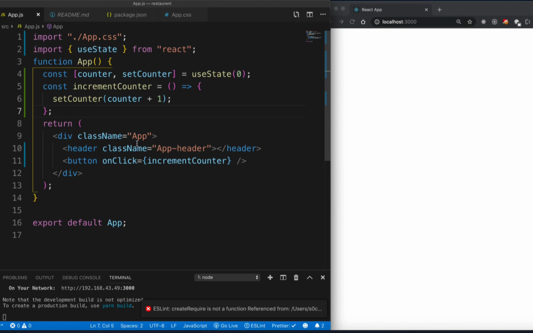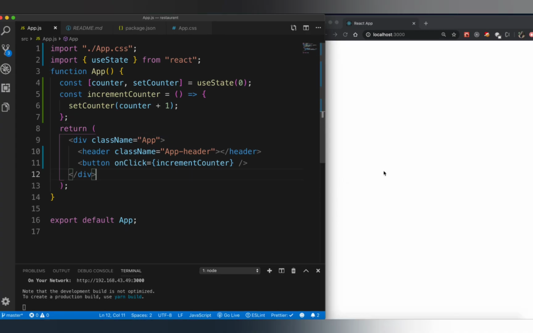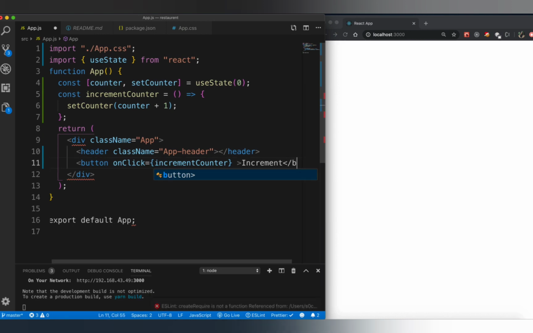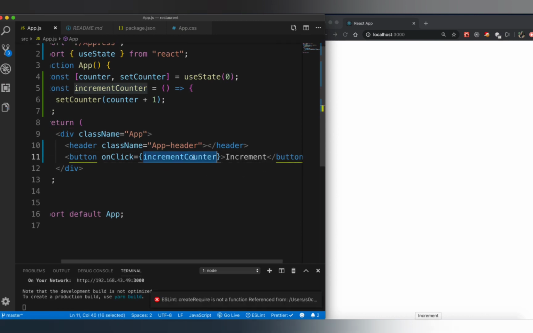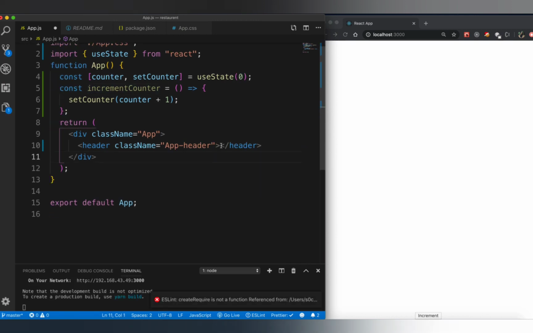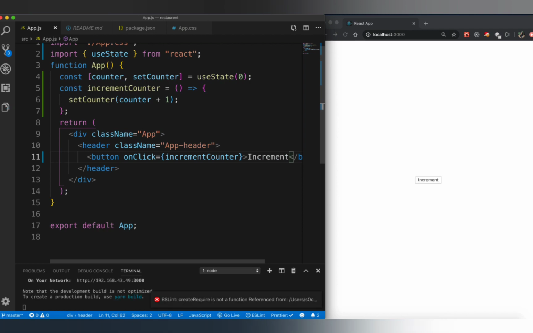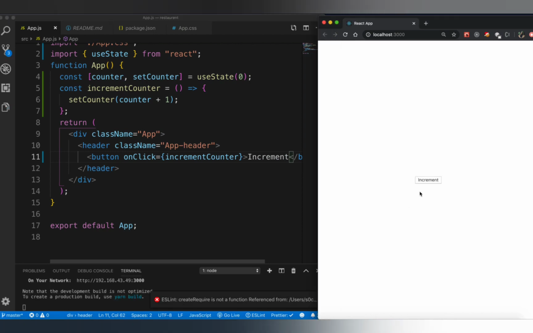Now this is just a normal hook that we are using directly inside of App. Let's actually check this out. The button is right now not visible, so let me give it a name called increment. And I'm going to close our button, so I'm going to say button so that I can close it. Now let me hit save. I'm also going to move this button inside of header because header displays items to the center. So let me hit save, and yeah, we have our increment button here.